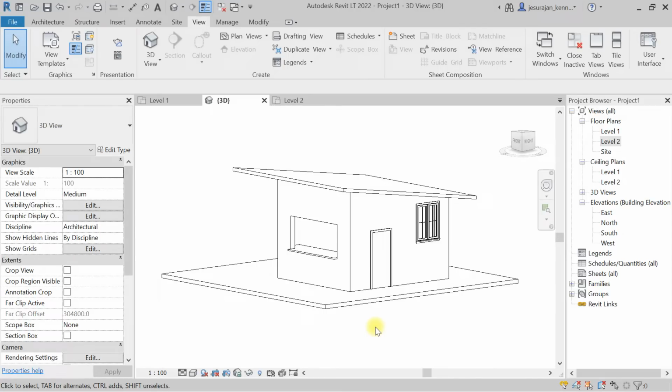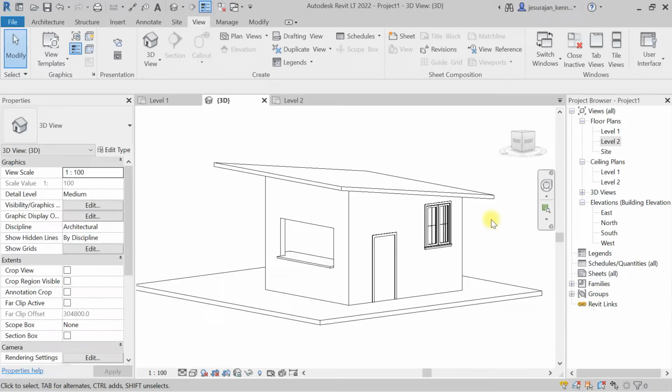Today we'll see how to create a wall opening in Revit. In Revit, when you are applying a door or window, a wall opening will be created automatically. So here you can see